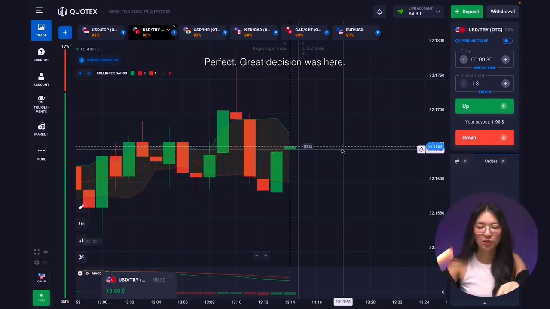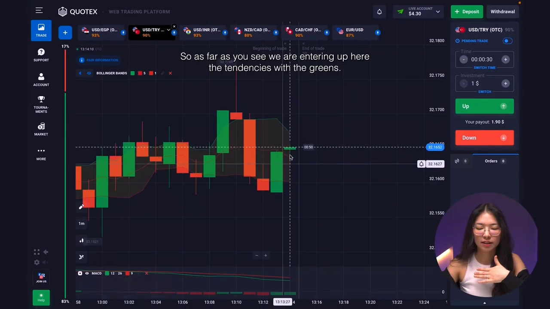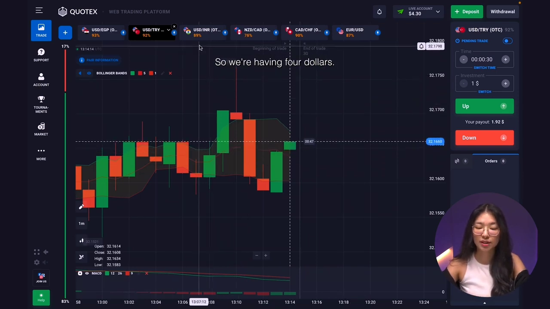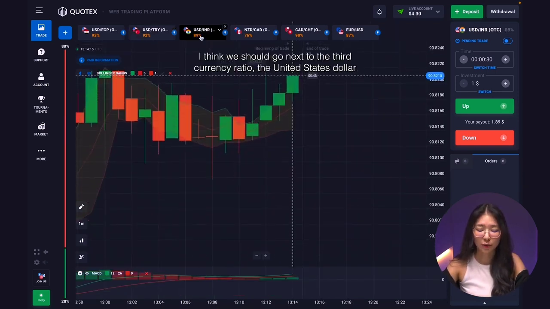Perfect, guys, great decision was here. So as far as you see, we are entering up here the tendencies with the greens. So we're having $4, and I think we should go next to the third currency ratio, United States dollar against